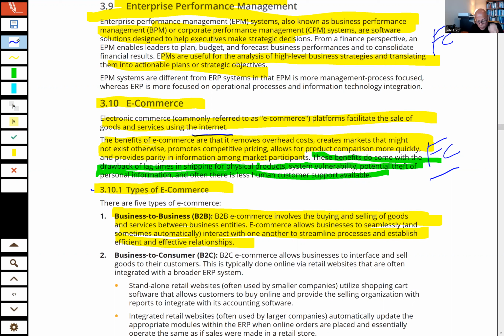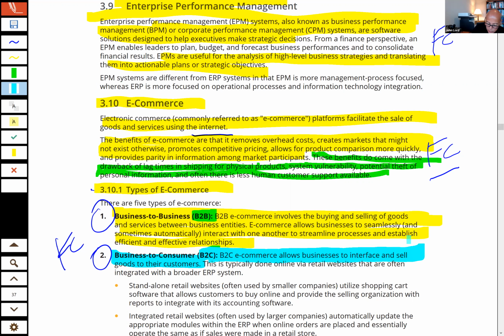So that would be sort of a business to business approach. And why don't we just go ahead and flashcard these definitions: business to business, business to customer. And guys, the annoying thing is they'll say, what is B2B? What is B2C? Because nerds are writing your exam, right? So that's why I'm asking you to flashcard this. But B2C e-commerce allows business interface to sell goods to customer, typically done online via retail